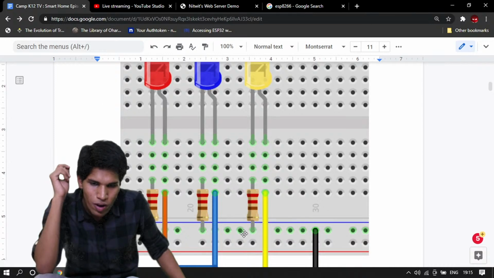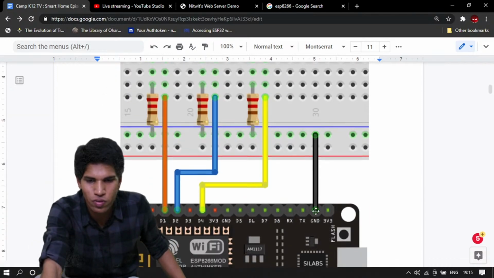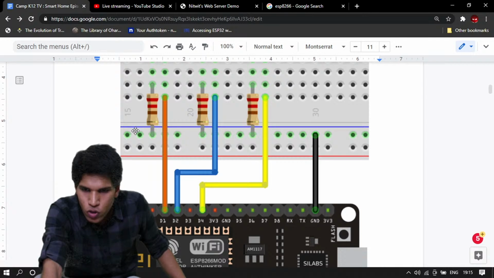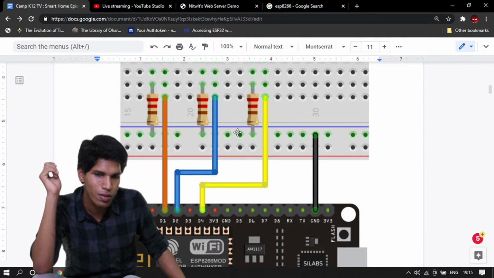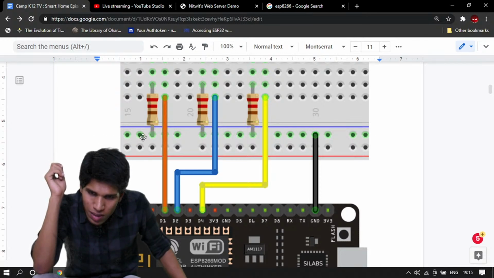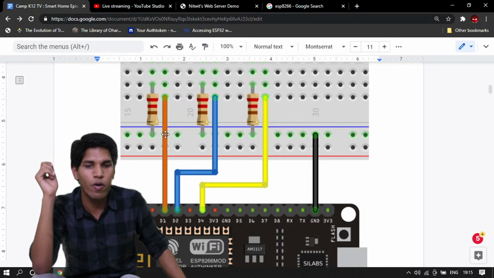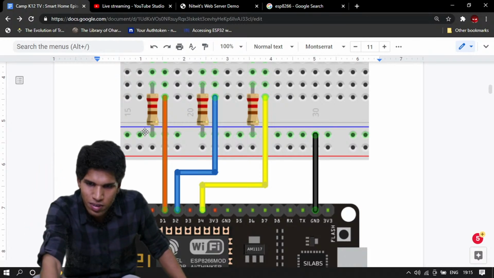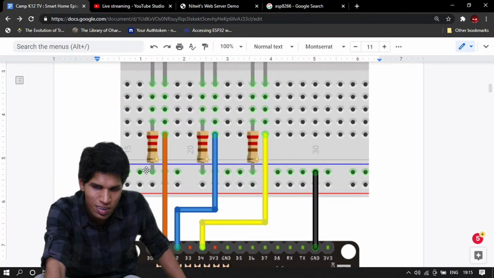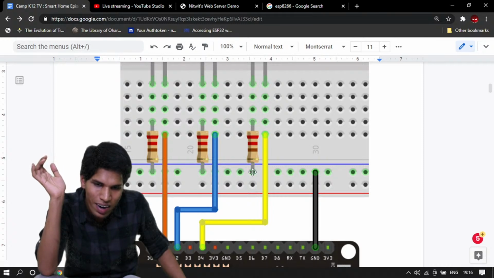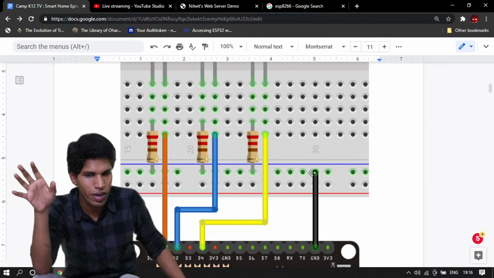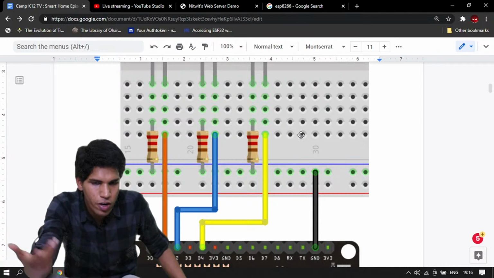So if I connect my ground to this blue line, then all these holes here are grounded. So when the resistor here is connected to these pins, it automatically means that these points are connected to the black wire here. That's the benefit of using a breadboard.